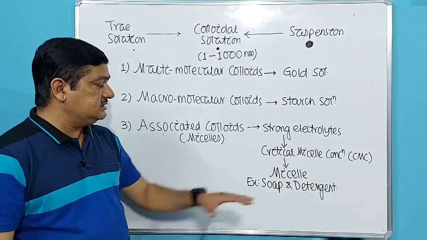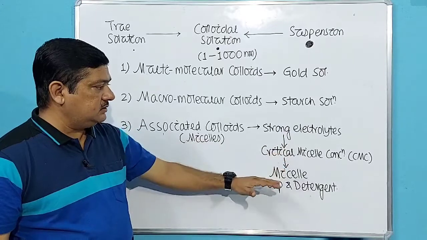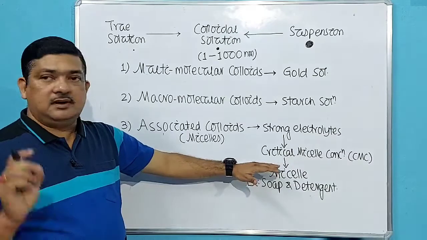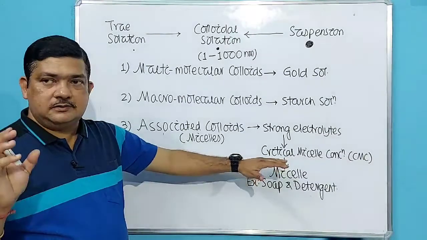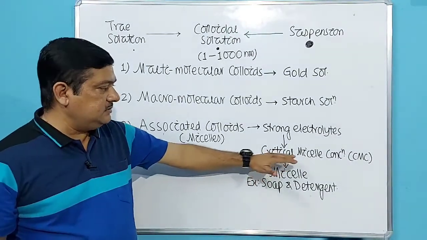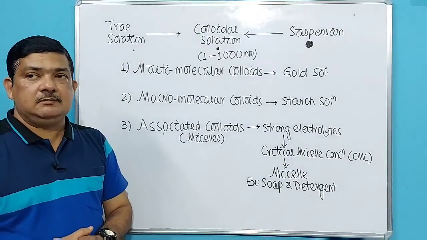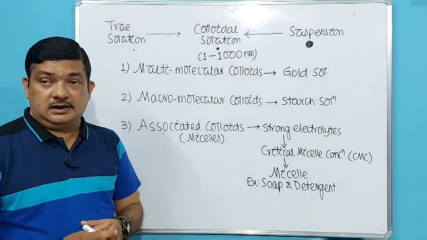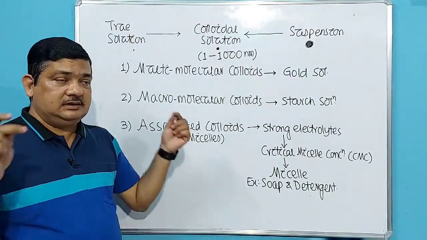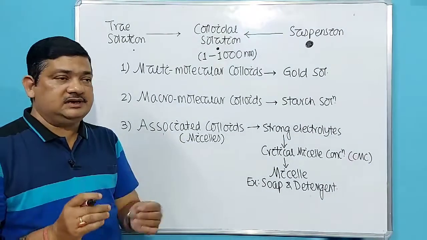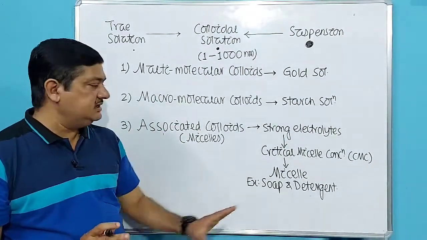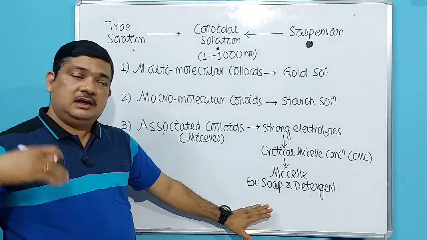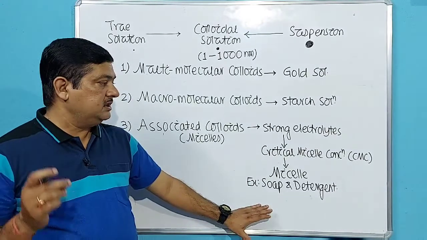We will be discussing it in detail. So for the time being, you remember, when the concentration of strong electrolytes exceeds a definite value, then they form a bunch of electrolytes known as micelles. And what is that minimum concentration? Known as CMC, critical micelle concentration. Okay. So this is all about how a colloidal solution is formed. 3 ways: small combining to form intermediate, large breaking down to form intermediate, and this is the case 3, associated colloids, only in case of strong electrolytes. Okay. Again, we will be discussing it later on.